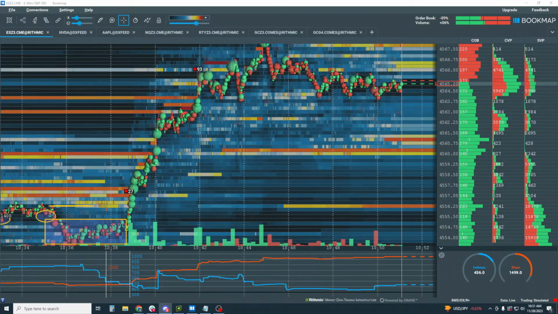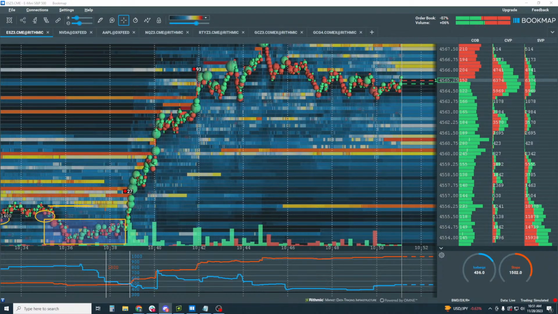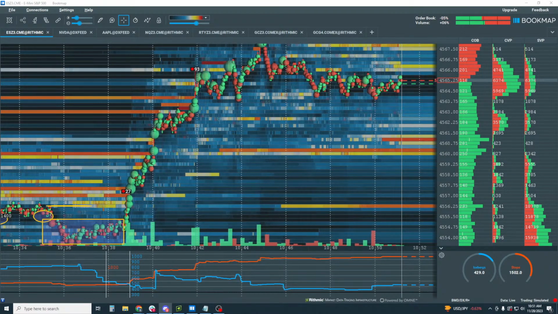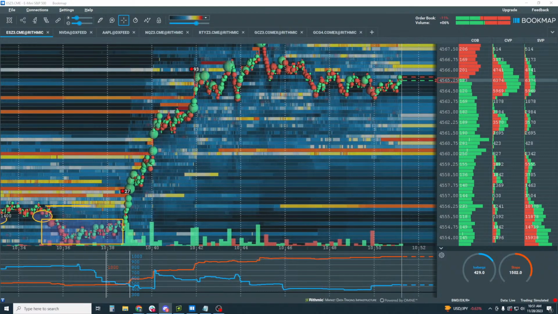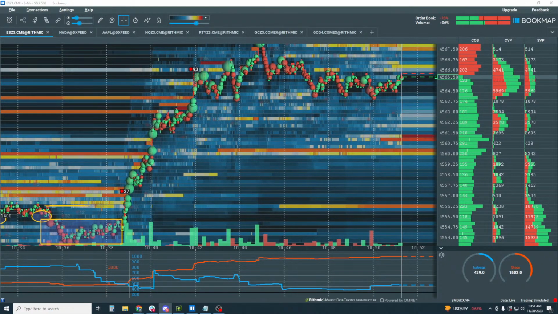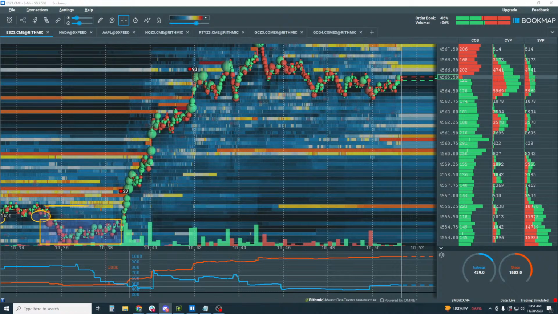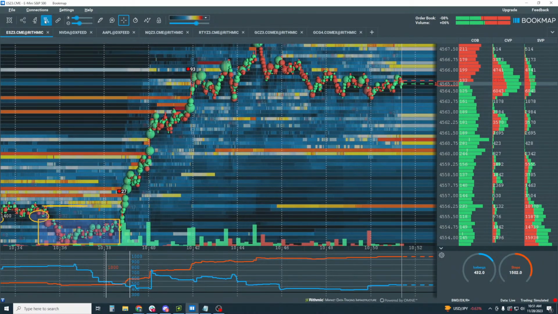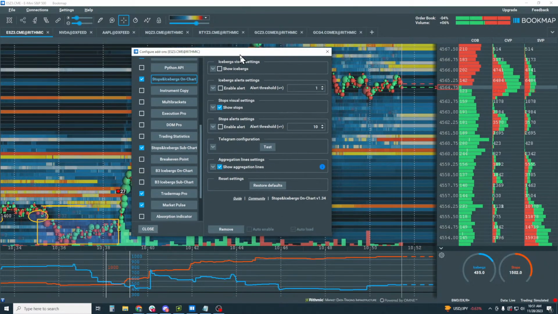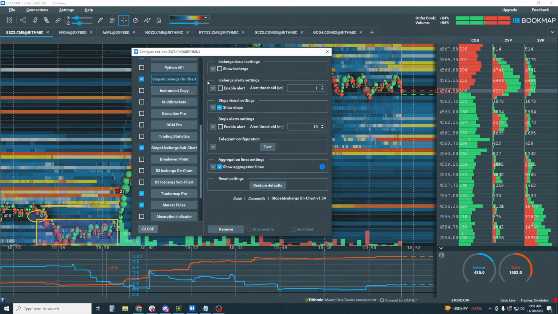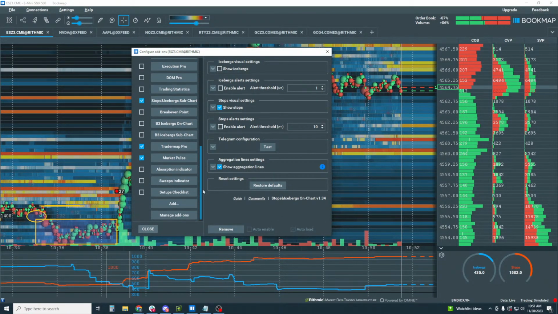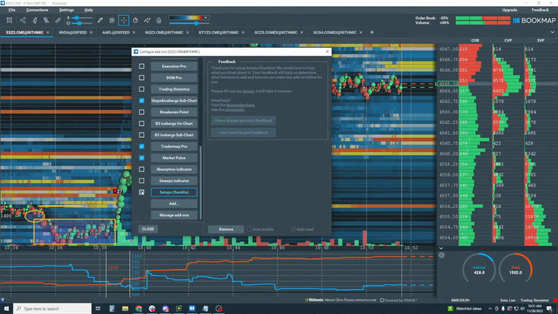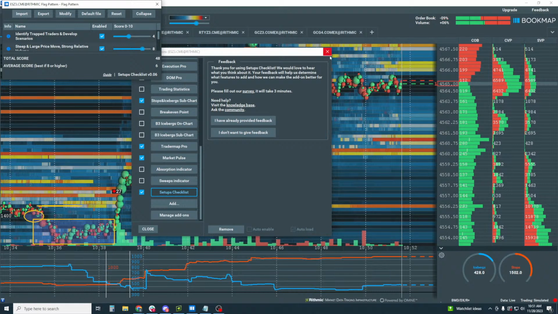Yeah, absolutely, slow down. The checklist is something that will help you stay away from a lot of mediocre trades or bad trades. That's a really important point. And what everyone's talking about here is this checklist. If you go here to studies configuration or in configure add-ons, there's the checklist here, setups checklist. Now this is only available to you guys right now,